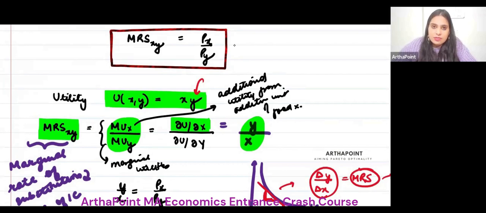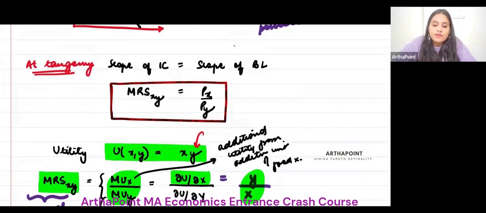Take the easiest example. Just say you go to the shop of a pani puri owner, a golgappa owner, and you start eating pani puris. After you keep eating these pani puris, when you eat one pani puri, what is the utility that you get? Maybe you get a utility of 10. Then you consume one more pani puri. Maybe that additional pani puri gives you utility of 8. So what is the additional utility you get every time you consume an additional unit? That is called marginal utility.